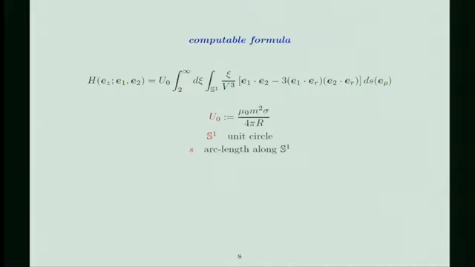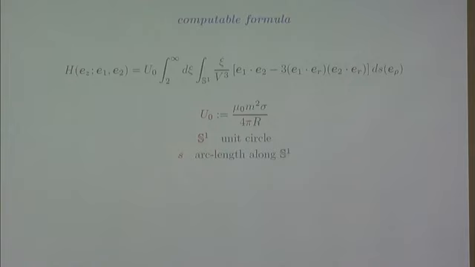This U0 is a kind of scaling energy which is defined in this fashion, and eventually you can reduce everything to an integral over the unit circle, and S is the arc length along the unit circle. And this V function, as you see, depends on both alpha and the orientation of the two dipoles. Of course, a clear-cut case is the one that arises when alpha is equal to 0, because in that case this becomes simply psi, and the expression for the average Hamiltonian